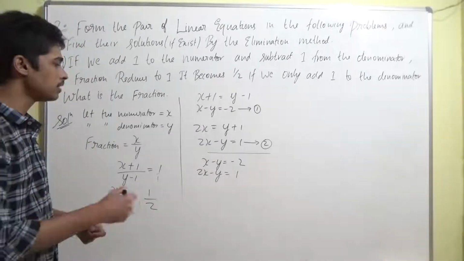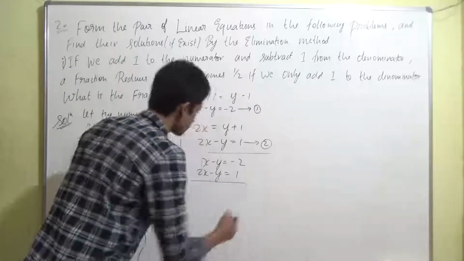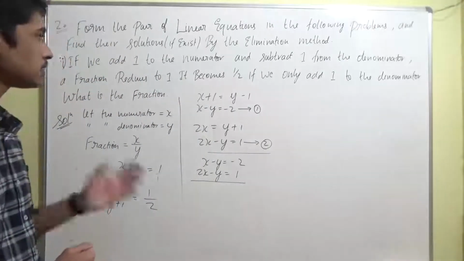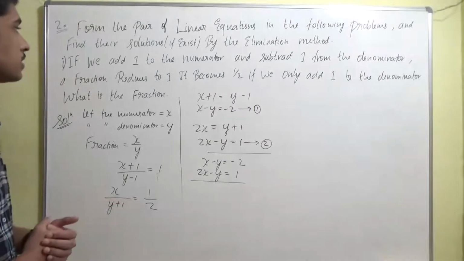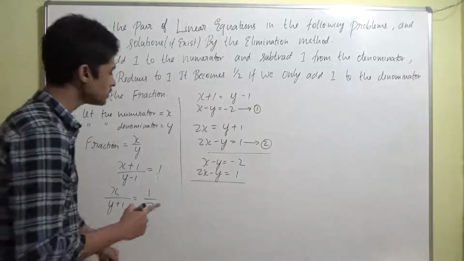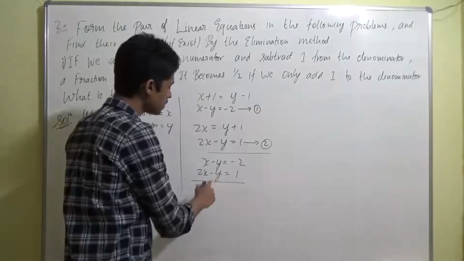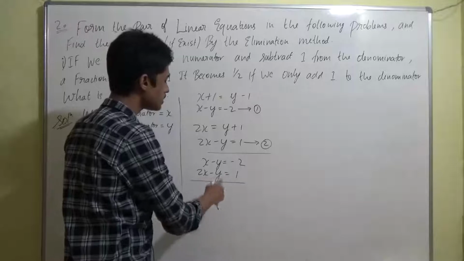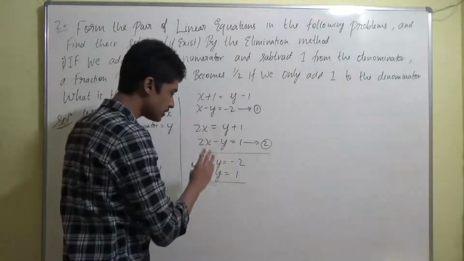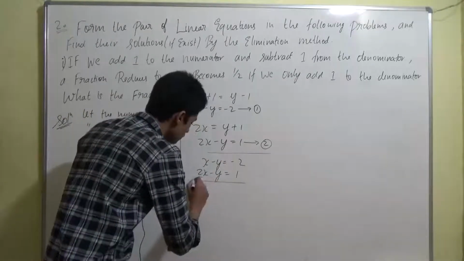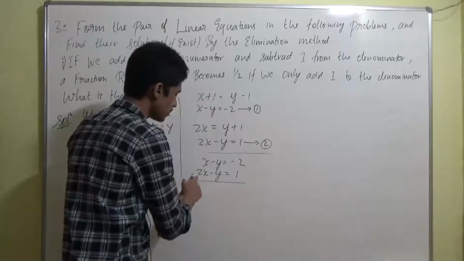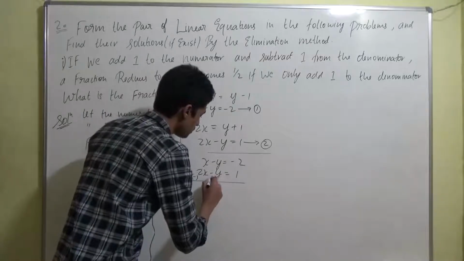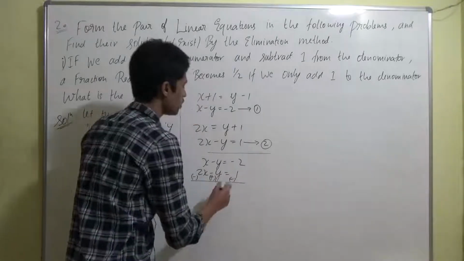That's how we have done till now. That's the method in this elimination step. So if both are the same, minus y and minus y, what we'll do is subtract. In subtraction the signs will get changed and then it will get cancelled out, which means y will get cancelled out, right? So plus 2x is going to become minus, here it is minus y, we make it plus, and here it is plus, which we make minus.